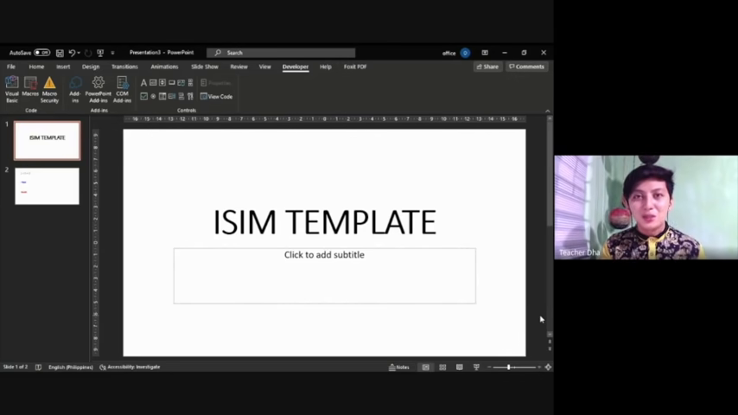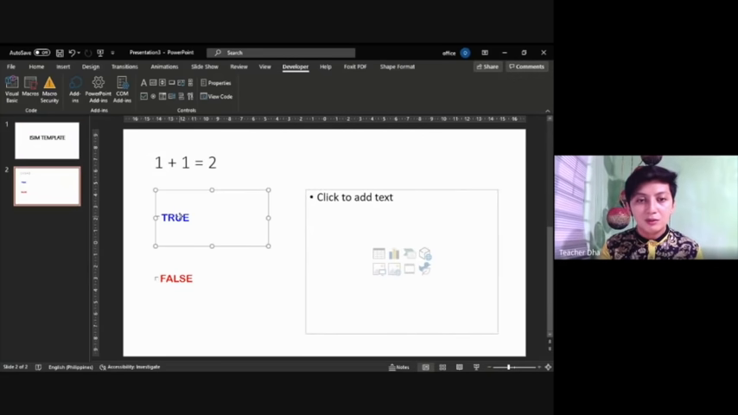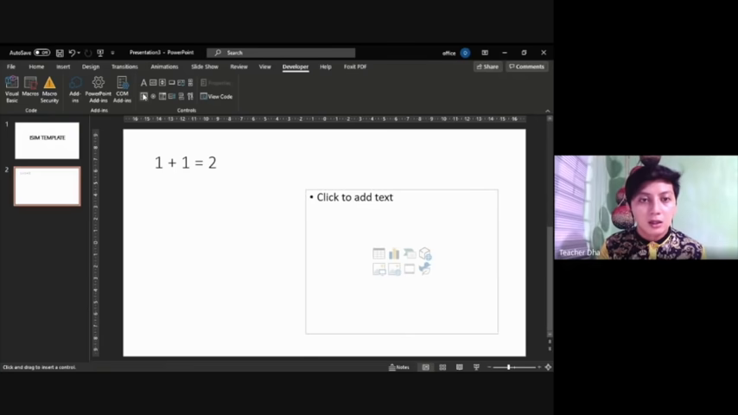Okay, so in this part we are going to apply. I will teach you how to do some Visual Basic application in your iSIM. So let's start with the new slide. Okay, this is for your iSIM template. So for example, let's have the question 1 plus 1 equals 2. So we can put their checkbox here. So let's go here, and then